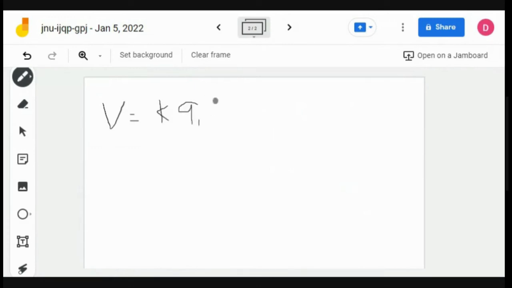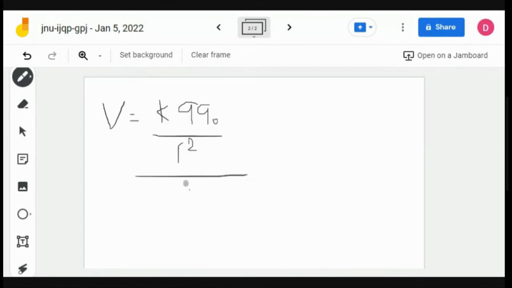Now remember we have Q here. We tested it using a test charge. So there is an attraction between the charged particle and the test charge, an unknown charge and a test charge. So we can write this as Q naught, okay, all over R square,